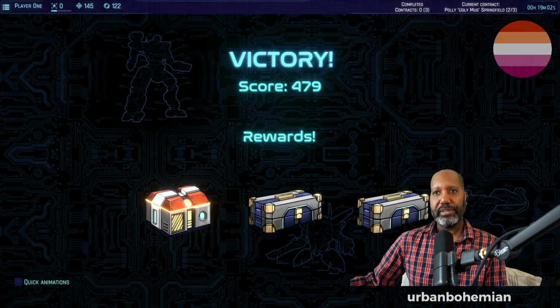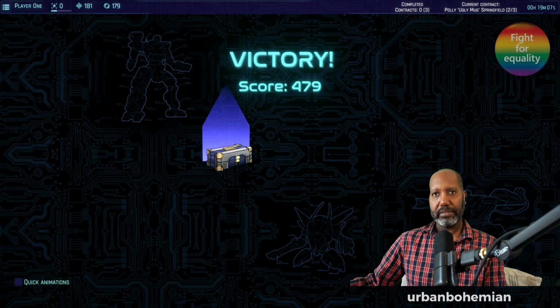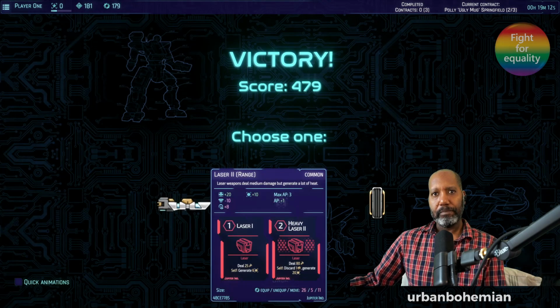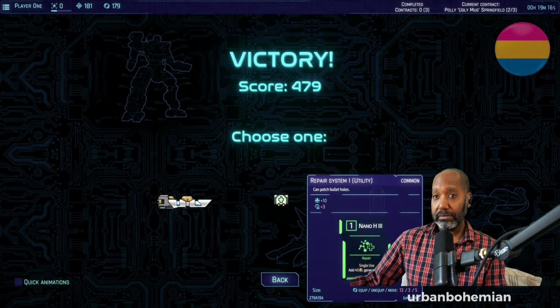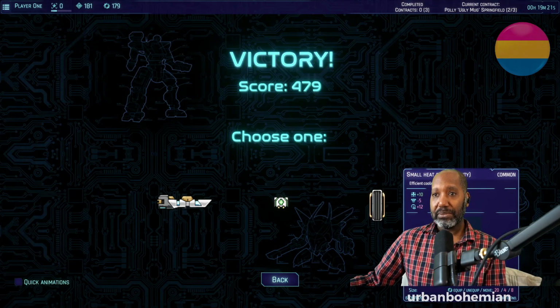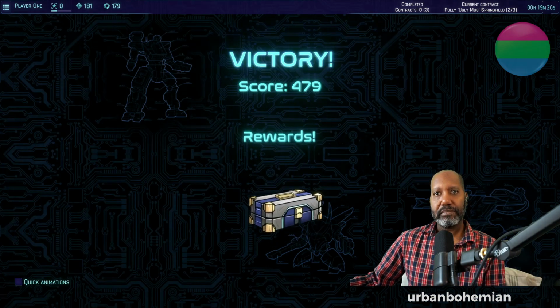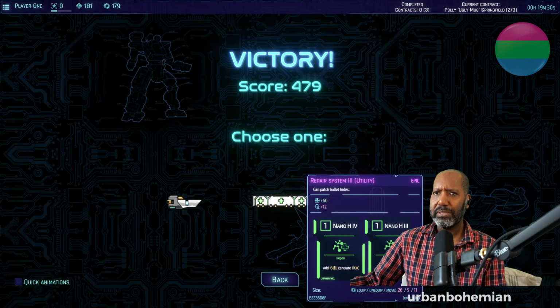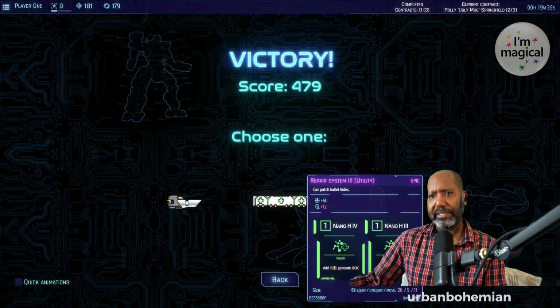Okay, so we get 3 things. So let's see what you got. This is resources. Okay, a laser. Repair. Can patch bullet holes. Nice. I'm going to go with a small heat sink because I seem to need that a lot. Ooh, oh. That is epic, so...